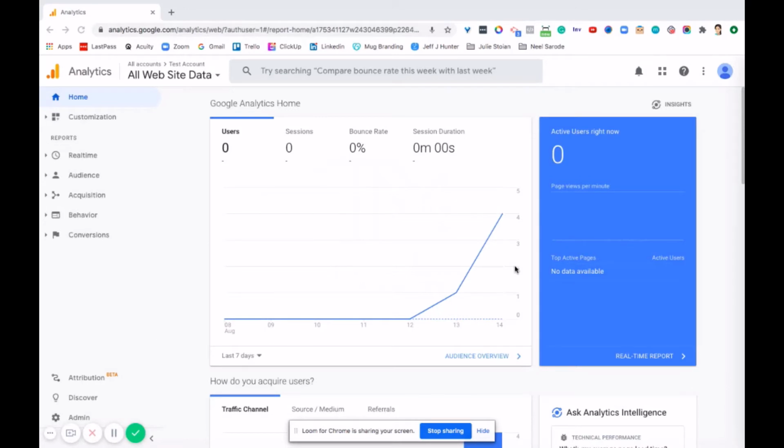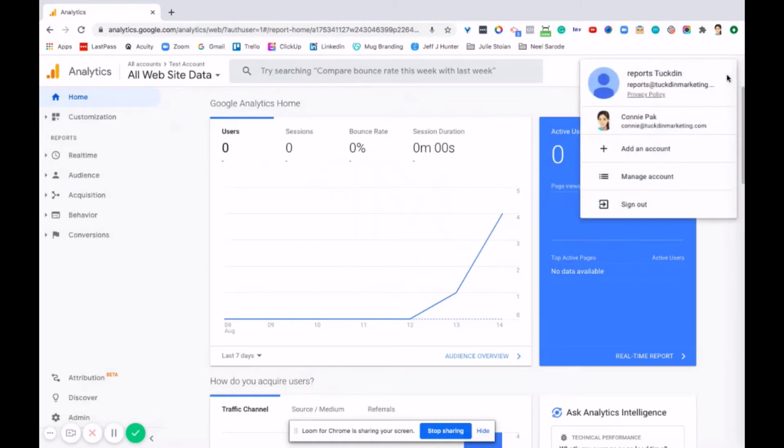I just want to make a quick video on how to add me as a user to your Google Analytics account. So just make sure you are logged in to your Gmail to the correct Gmail account. So if you've got multiples, like for example, I link everything report related to my reports at tuckedinmarketing.com. So I had to make sure I was out of Connie at Tucked In Marketing and into my reports at